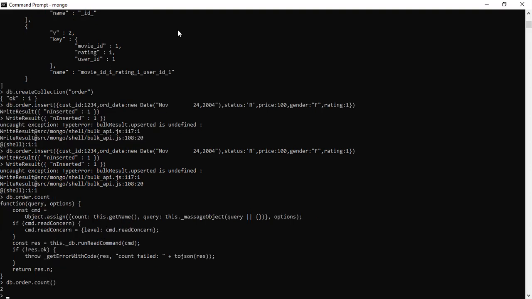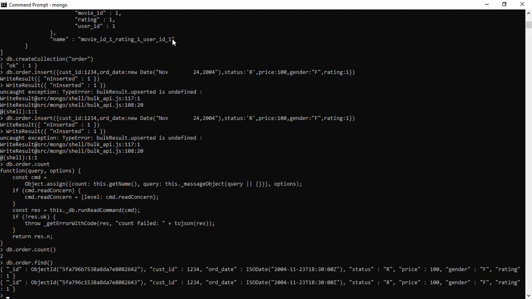Two records we have added into the collection. Then db.order.find will show you the two records.